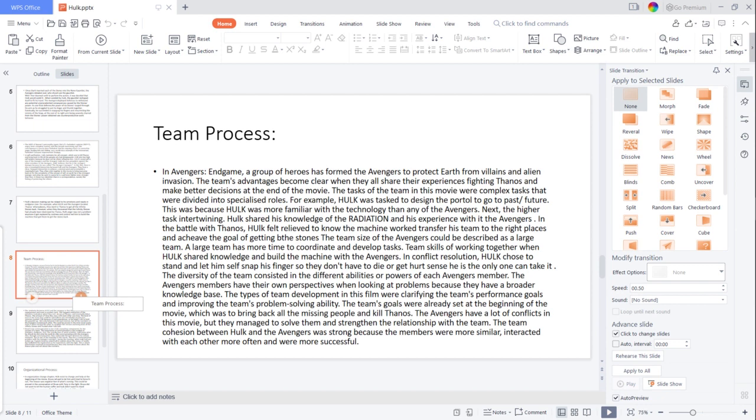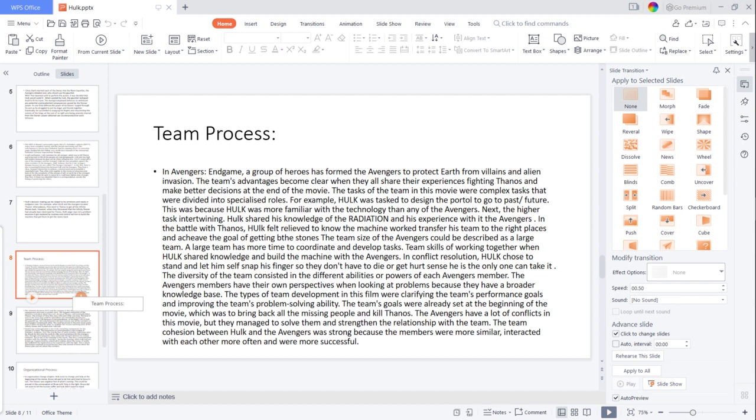Iron Man trusted Hulk because of the best experience, so he asked Hulk to build the gauntlet. Not only between Hulk and Iron Man, but the members of the Avengers trusted each other. This could be proven in the time travel scenes. Each of them trusted the others to complete the mission and bring back the Infinity Stones, and trusted Hulk